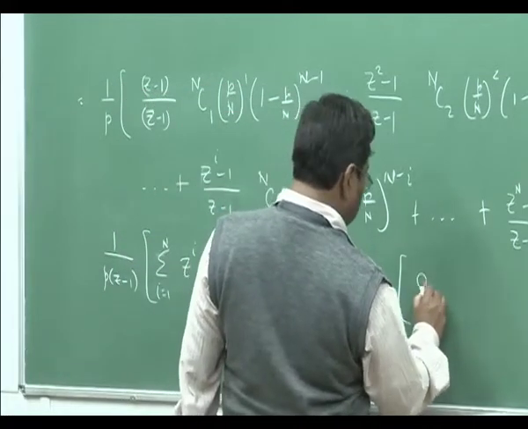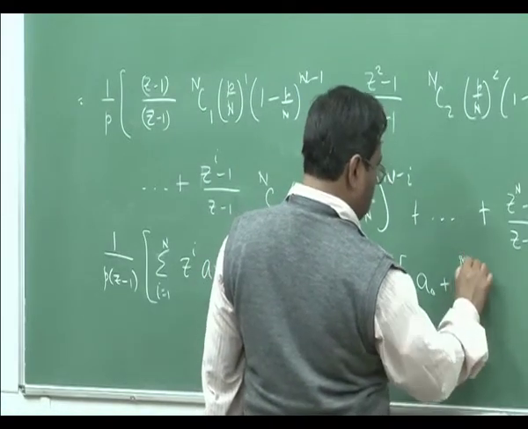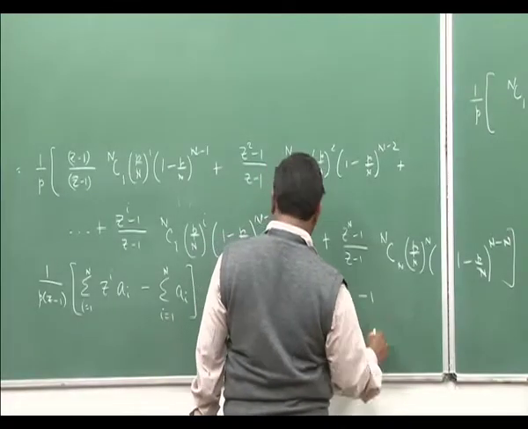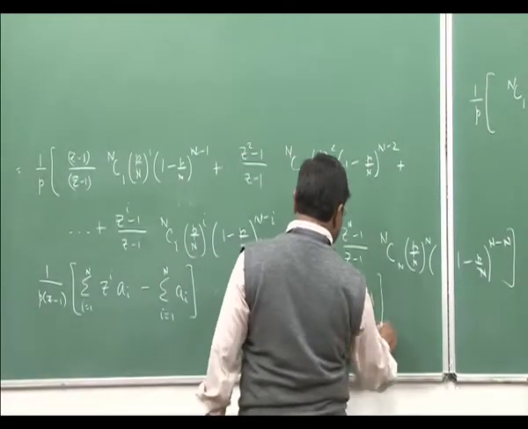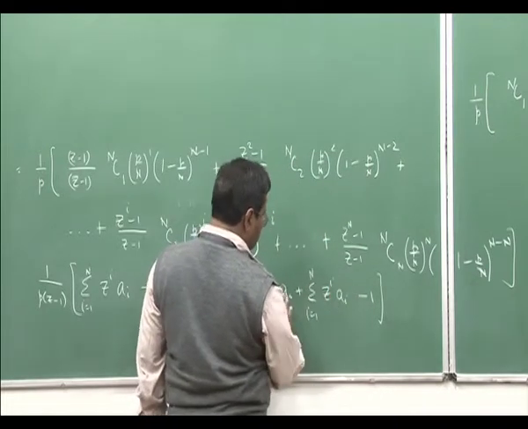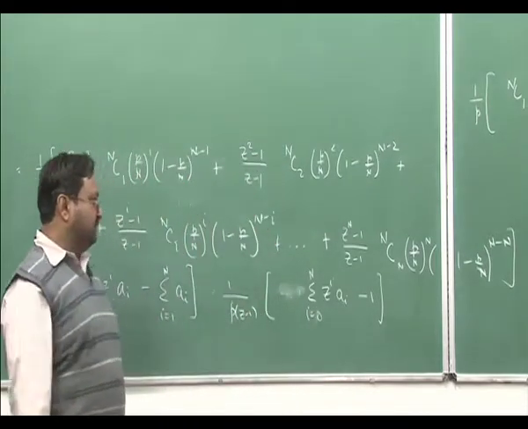So I can write as this. I can combine this whole term. A0 can be taken inside and I can make this,